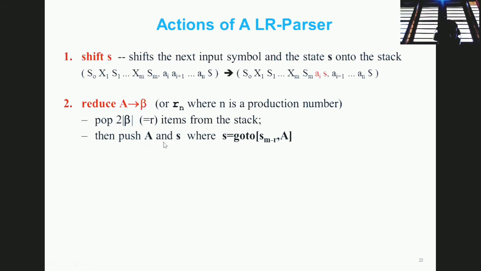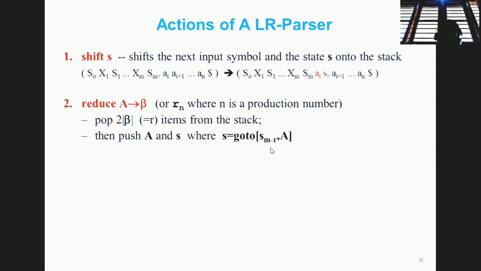push A and S. You are supposed to push A as well as push a state S by looking at the goto part of the table. You are not looking at the action part of the table; you are going to look at the goto part of the table. Now my top of the stack is A, and I'm going to push a state which is there in the goto of Sm minus r, comma